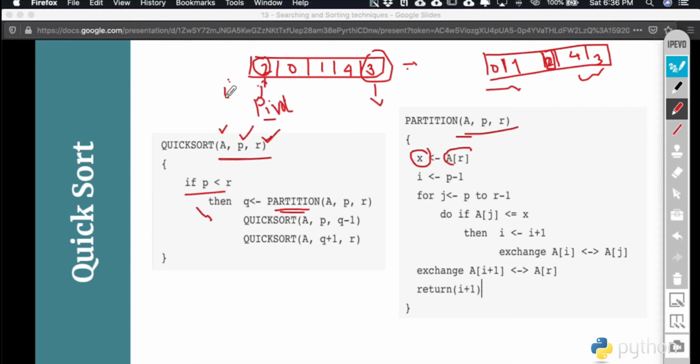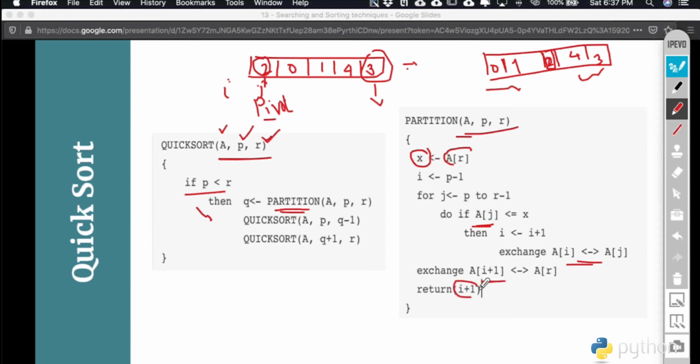So we need two pointers which track the lower element and the higher element, and we advance these indexes as per the conditions that we match. And every time we make this comparison, if a[j], the element, is less than the key element, then we will make the swap. We will exchange them. Otherwise, finally we exchange to get the pivot to the right location, which is i plus 1, and we return the index.